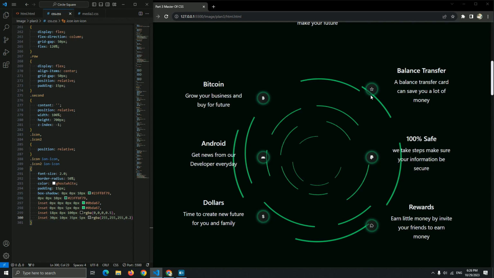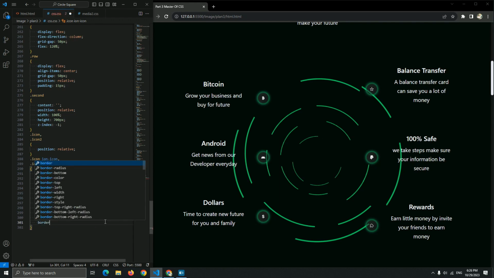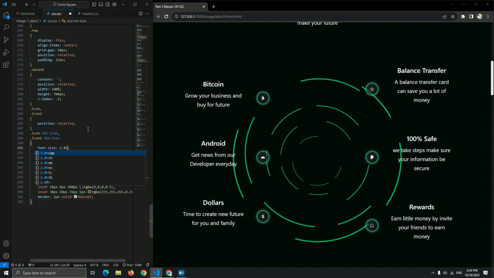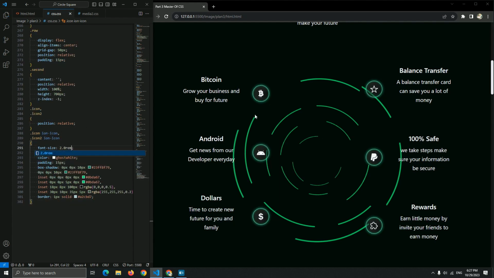Of course, as you can see right now, we didn't add a background, and as a normal div, it's transparent, as you can see, with a box shadow. There we go. And let me just add a border, and if you don't like it, you can just not add it, but I want to add it. Border 1 pixel solid, and the color, let me take from part 2 of this color, but I think it's cool and it's beautiful for this icon. So this is our icon, as you can see right now. Oh, font size, it doesn't work, I'm sorry.